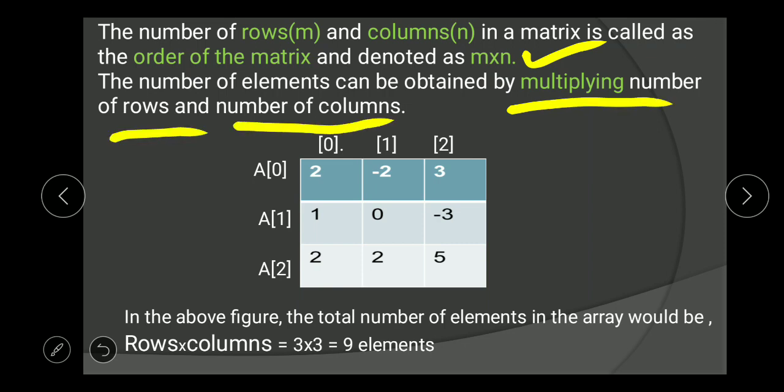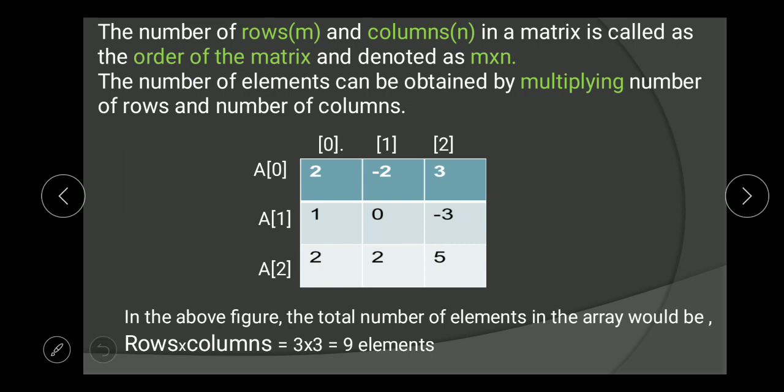This is our matrix: A of 0, A of 1, A of 2, again 0, 1, 2. These are our columns and rows. In the above figure, the total number of elements in the array would be rows into columns.